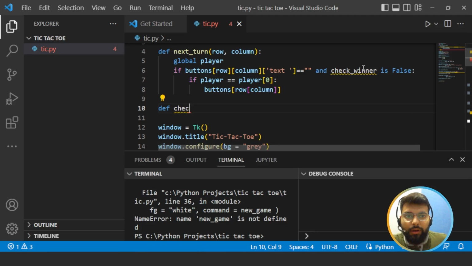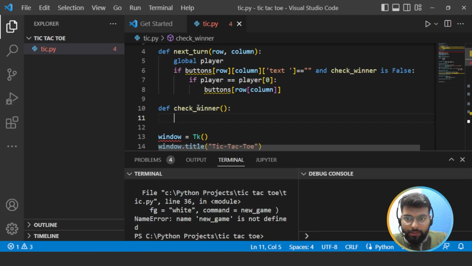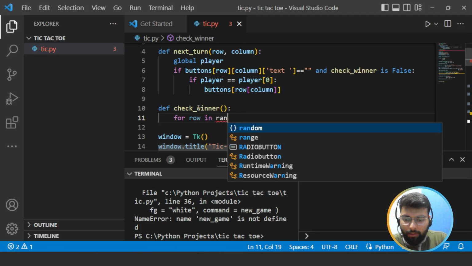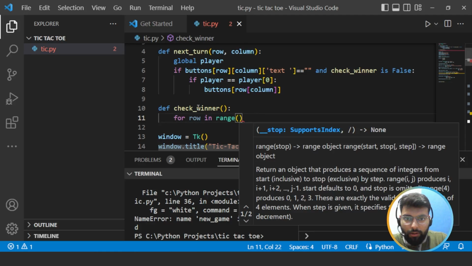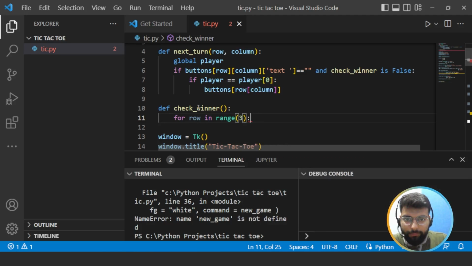So first we'll define this function only, check underscore winner, and inside first we will run a loop for row in range 3, and inside if